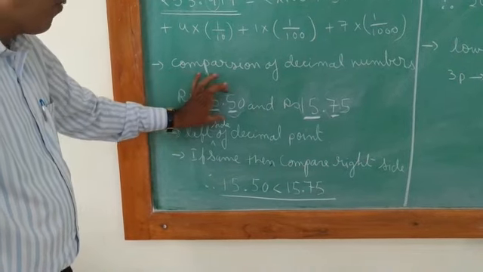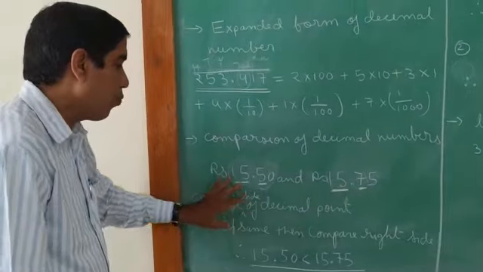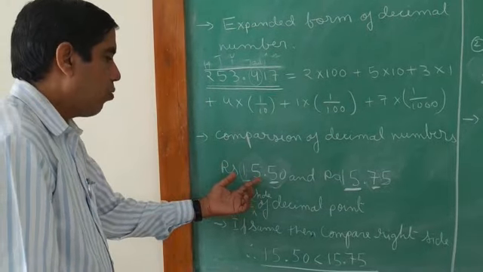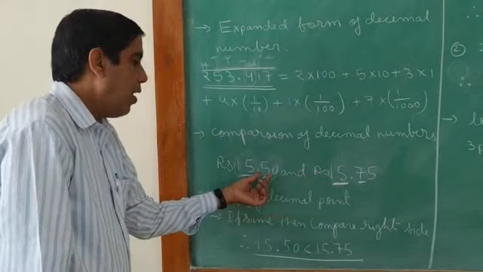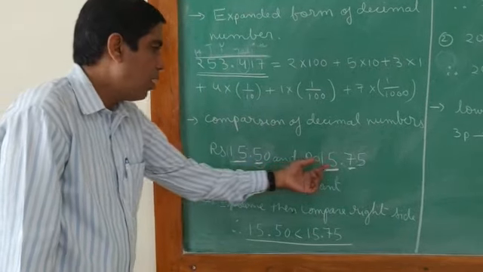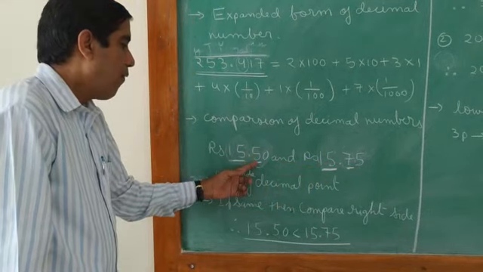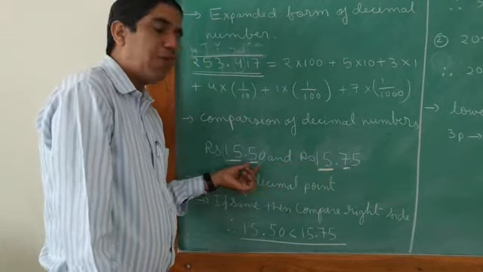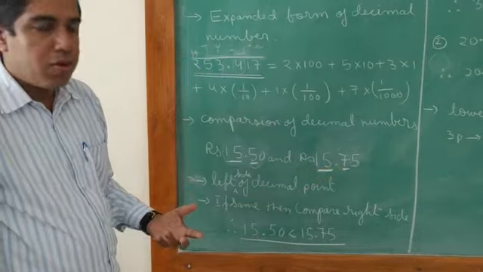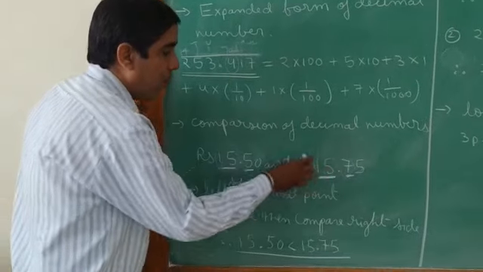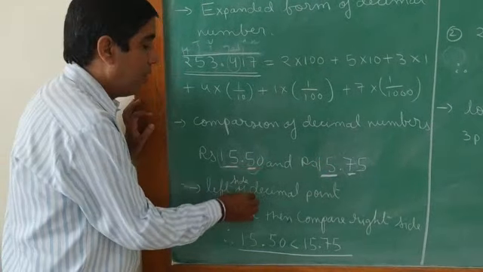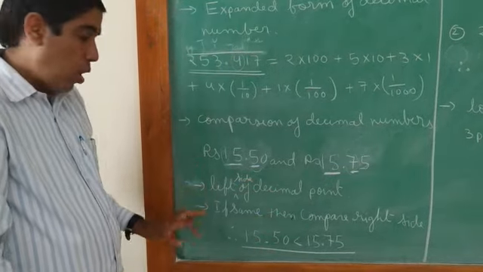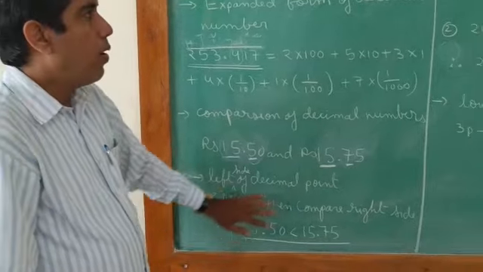Let me say it once again, 15.50 and 15.75. We will first compare the left-hand side of the decimal. It is 15 here, also 15, and here it is 0.50, here it is 0.75. So actually we will compare the place value. It is the tenths place here and the tenths place here, and here it is 5, here it is 7. Sometimes the question comes to mind: if these are the same, how do we go on comparing? First we compare tenths, then we compare hundredths, then thousandths, till the moment it becomes unequal. Now you can see it is clear to you.